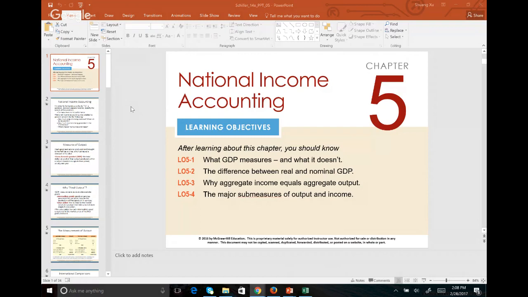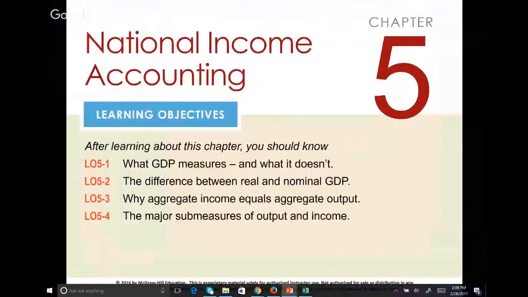This is the week before your first test. Your first test covers chapter 1 through 6. All right, so chapter 5, let's cover some definitions. Chapter 5 is mostly definitions and some very